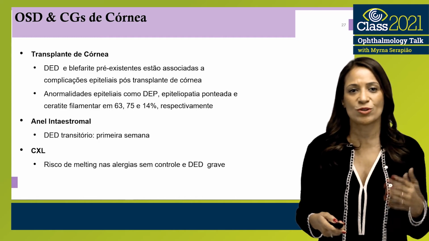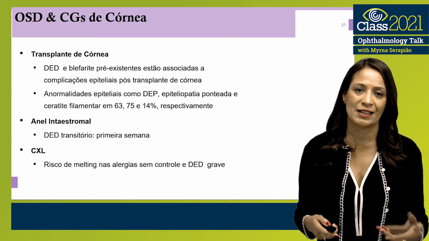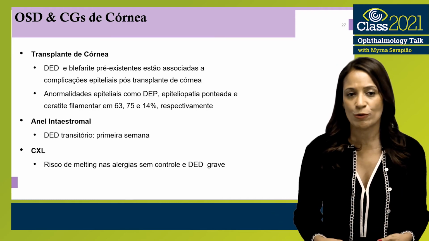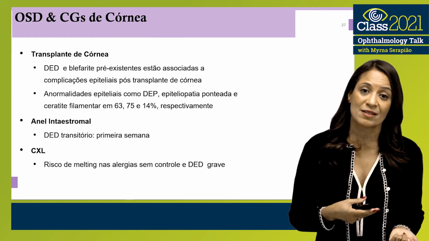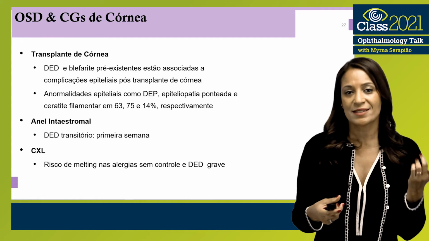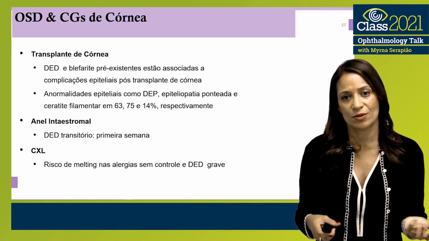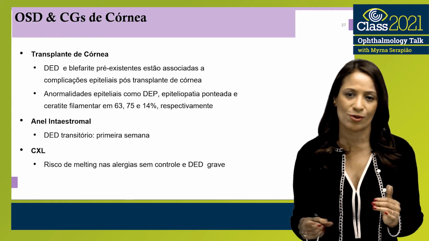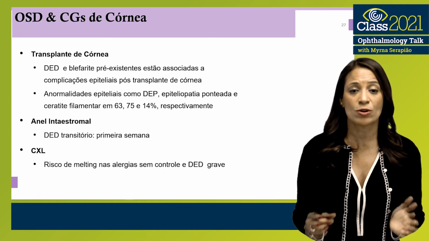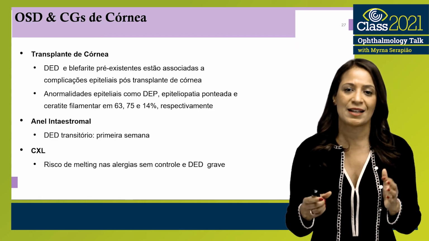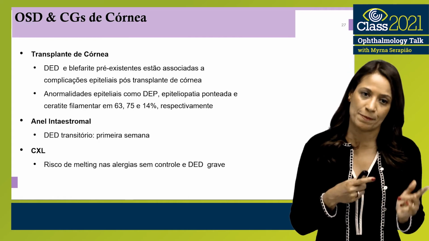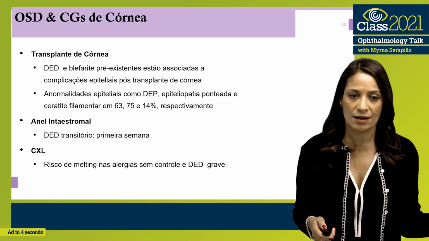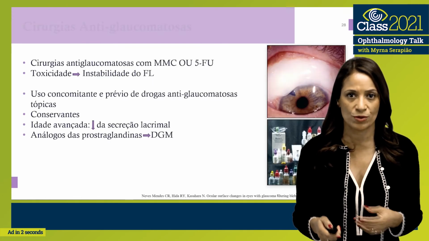Epithelial abnormalities such as epithelial defect, punctate epitheliopathy, and filamentous keratitis related to dry eye may present in 63, 75, and 14% in the post-operative period. In fact, intrastromal rings can induce a transient dry eye that lasts from a week to 15 days, and with cross-linking, there is the risk of melting in allergies with no control and in severe dry eye preoperatively, and it also induces dry eye there with no major repercussions, obviously if this patient does not have a previous dry eye. Glaucoma surgeries, especially with the use of mitomycin C or 5-fluorouracil,